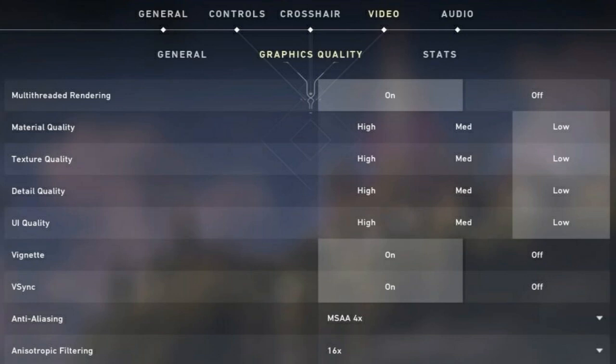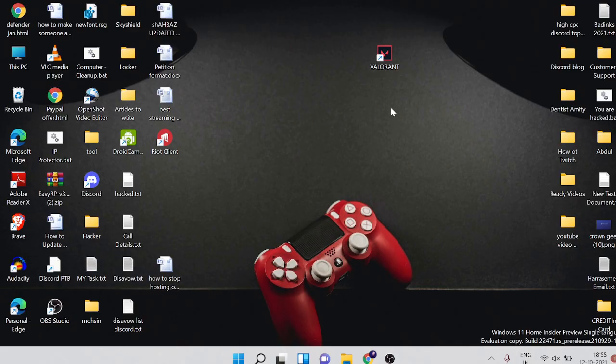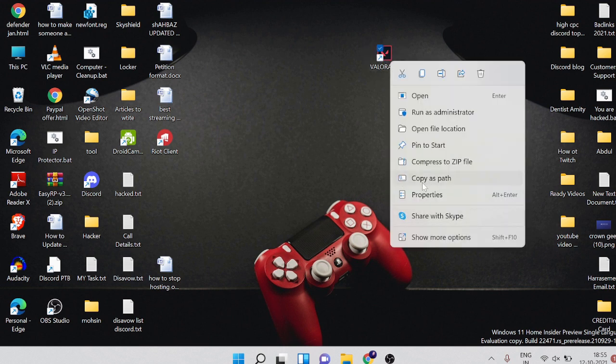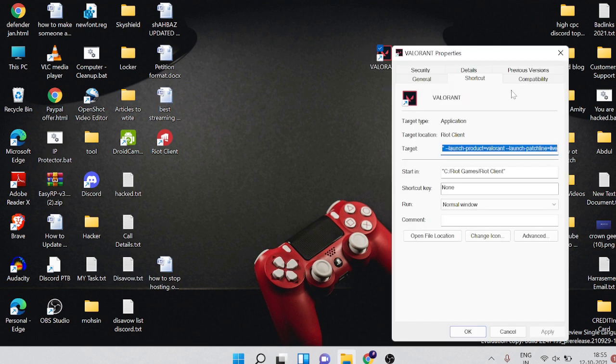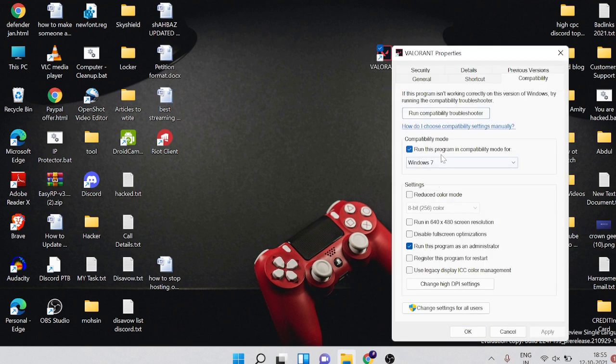Okay, once you are done, you can just close the screen. You can close the Valorant game, and then come back to your desktop and see the Valorant icon. Just right click on it, and then choose properties. And then click on compatibility, and here by default it should be set to Windows 8, or if anything else, then you just try changing it to Windows 7. If it's already Windows 7, then you can switch to Windows 8. Okay, once done, make sure the option run this program as an administrator has been checked. Once done, click on apply and then on OK. So we are all set with this option.